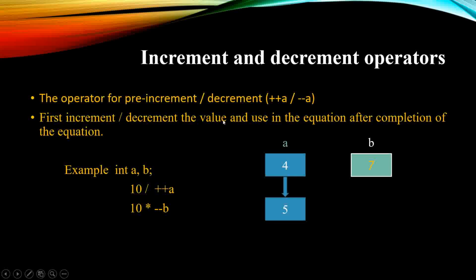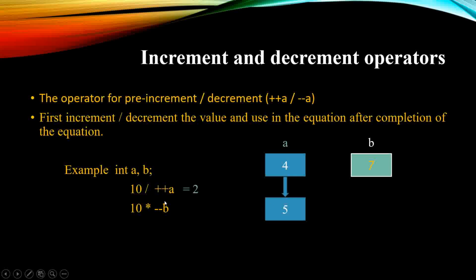First what we have to do? First we have to increase the value ፕሪ ከሆነ first we have to increase the value by 1 ማለት ነው። ሶ previously ስንት ነበር? 4 ነበር። ሶ 4 ከነበር ኢንክሪመንት እናደርጋለን ምክንያቱም ፕሪ ኢንክሪመንት ነው። ሶ ምን ያደርጋል? ኢንክሪዝ ባይ 1 ማለት ነው። First we have to increment the value, then we can use it in the equation after the completion of that increment ማለት ነው። ሶ 4 ነበር፣ ኢንክሪዝ ሲሆን 5 ይሆናል። ከዛም በኋላ ምን መጠቀም እንችላለን? ኢኩዌሽኑ ላይ መጠቀም እንችላለን ማለት ነው። ሶ 5 ሲደመር 10 ዲቫይድ ባይ 5 then it will be 2 ማለት ነው።